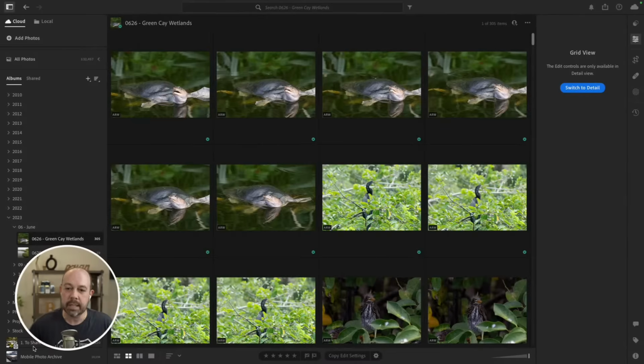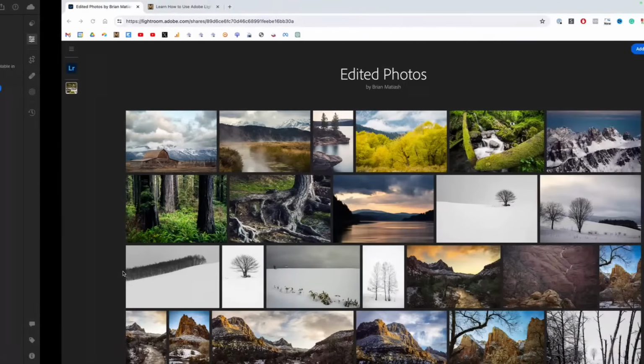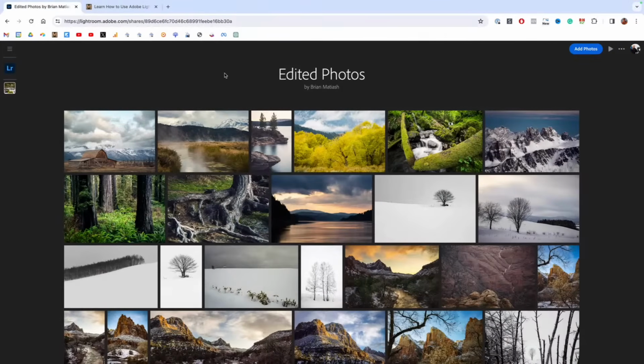So really quickly, let me show you, Glenn. So I've got this album. I've had this album, I call it To Share, for as long as I can remember. This is where, when I finish editing a photo, this is the album, or you can even think of it as a collection, that it goes into, and there's over 2,000 photos. So you can share an album, and basically it creates a unique link that you can share with anyone in the world. And when you do that, if you open that link in a web browser, you have this gallery,